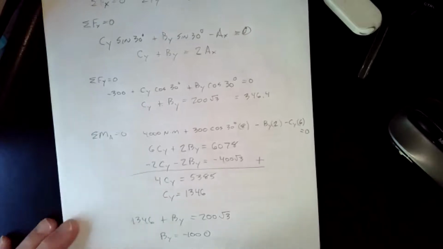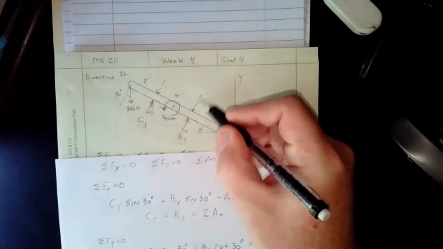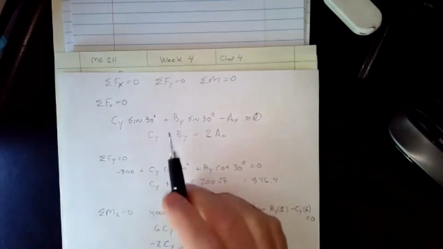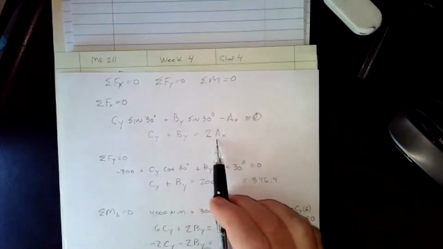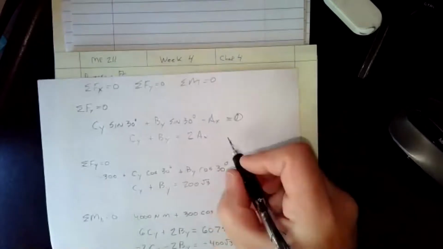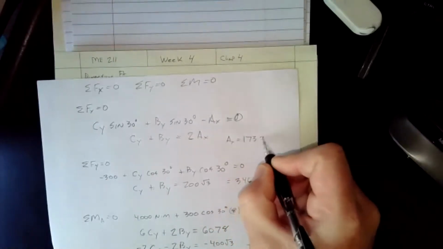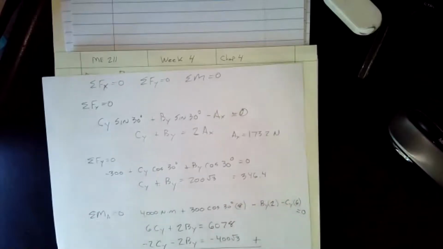We thought it should be negative, and the math shows it because this reaction up here should be on this side. It should be a negative, okay? And then if we plug in these values up here, we can get our AX value. And AX ends up being 173.2 newtons. All right. And those are our three